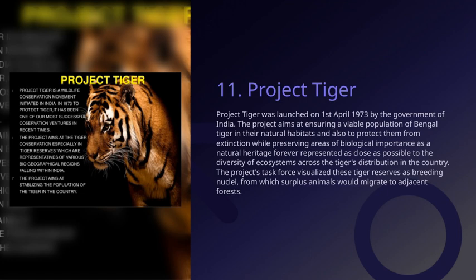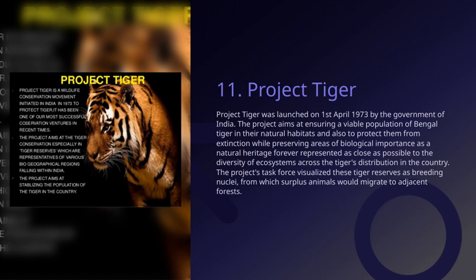The main goal was to ensure a viable population of Bengal tigers in their natural habitats, which is crucial for maintaining ecological balance. It was also about protecting these majestic animals from the threat of extinction. But beyond just saving tigers, the project aimed to preserve areas of high biological importance, essentially safeguarding our natural heritage. The idea was to create protected zones that reflect the diverse ecosystems across the country, so not just individual species,